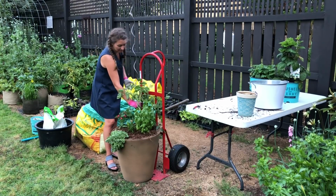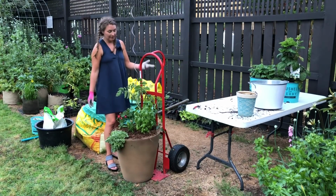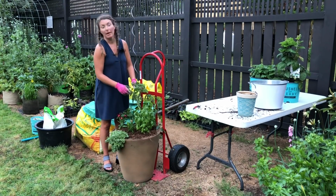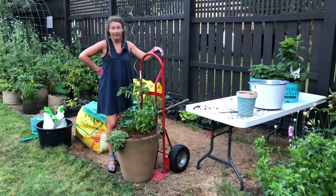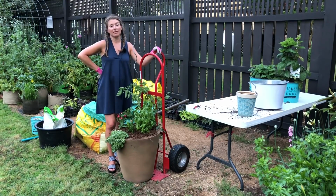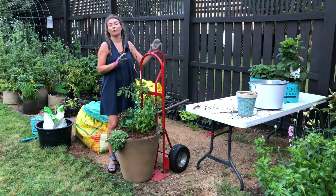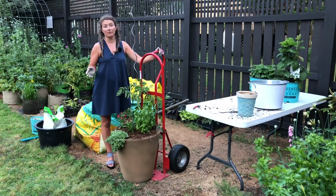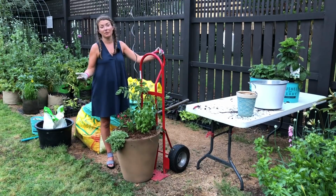And again, I'm using this curlicue thing. You know, I've used these in the past, and I feel like I said in my video that I posted yesterday, I don't totally care if it doesn't work for the entire season. It provides what I need for right now, and frankly it looks better than a tomato cage, and tomato cages don't work for the entire season here in North Carolina, so there's really no point in wasting your time